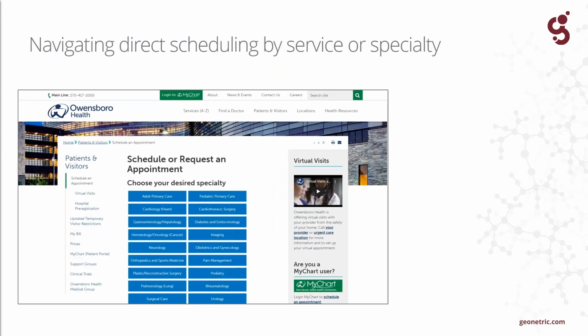But along with that idea of connecting all those different pathways, I think what Owensboro Health has done here is really fantastic for connecting that back into that pathway coming from a specialty or a service line. So not every patient that's coming in the door necessarily knows the provider that they want to see, but many